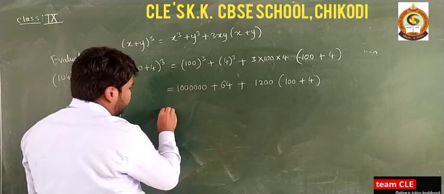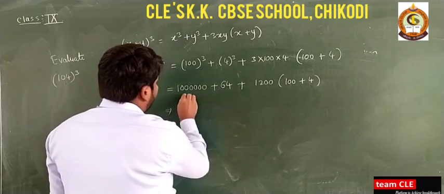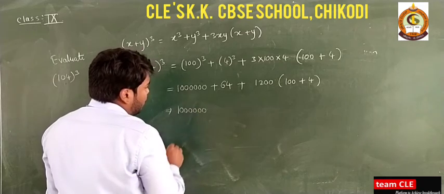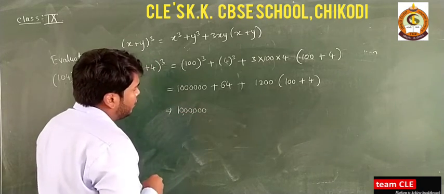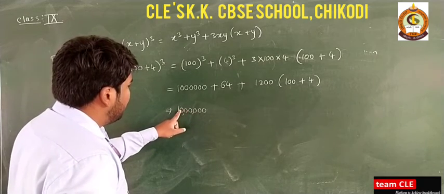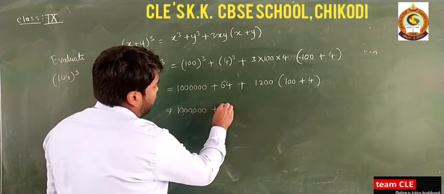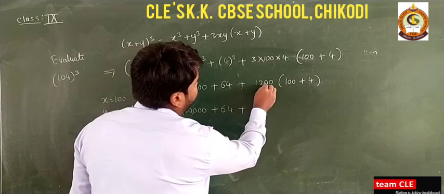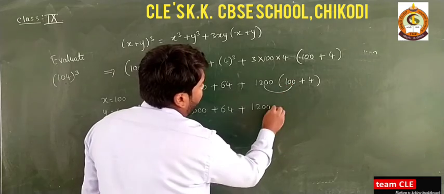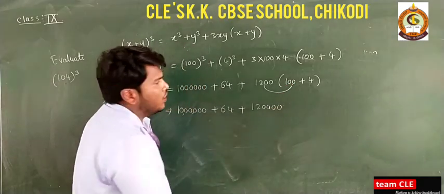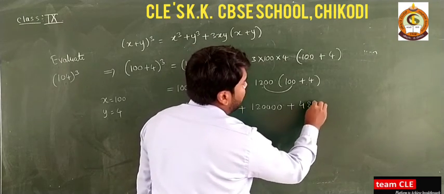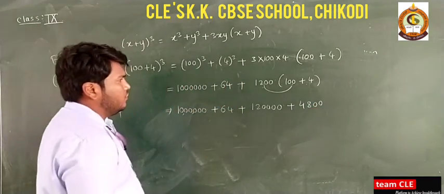Okay, similarly, now you write this as it is 1, 2, 3, 4, 5, 6. So this is how much? So this is unit, tens, 100, 1000, 10,000, lakh, 10 lakh. So this is 10 lakh. This is plus 64 plus, which first you multiply into bracket 1200. If I multiply again 100, again you are increasing 2 zeros plus 12 4s are 48, 4800. Okay, so this is your given.